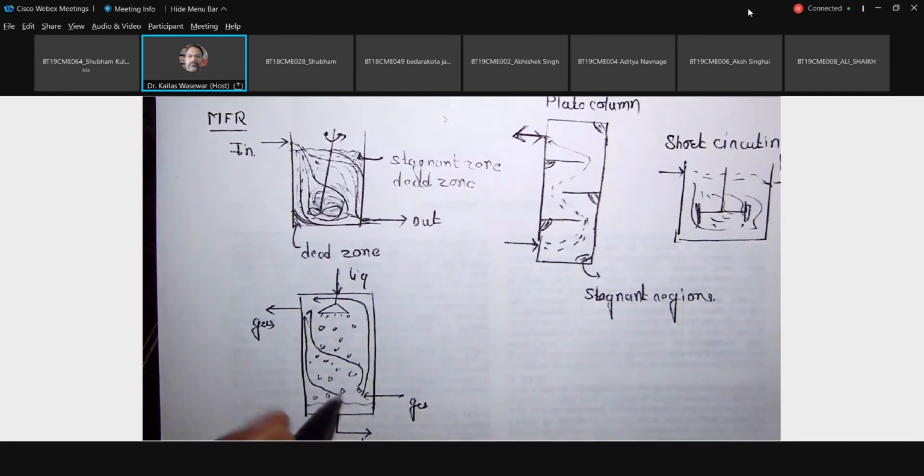Then also, packed bed we have already seen. So these kinds of problems may be there in our reactor. To quantify this particular one,